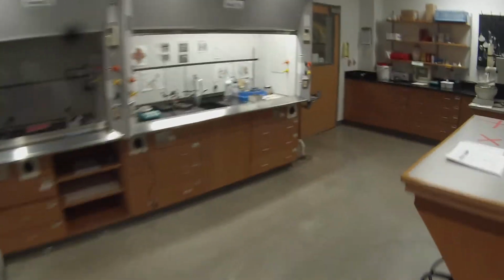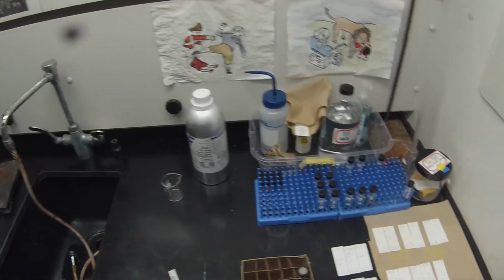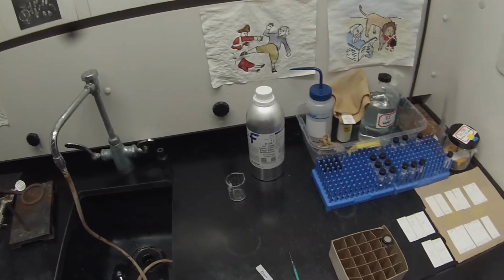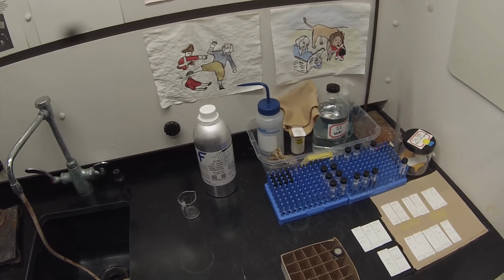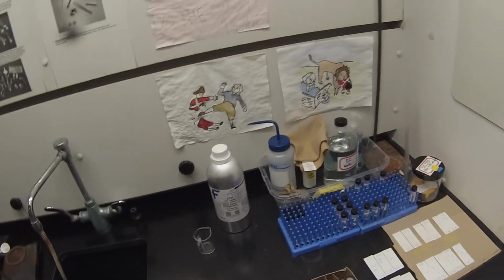A little bit of parafilm. Go ahead and cut 2 pieces because we know we're going to be sealing up that other vial as well. Store that in the freezer as well. Now we're just waiting for that to cool because I'm going to pull that stir bar out before